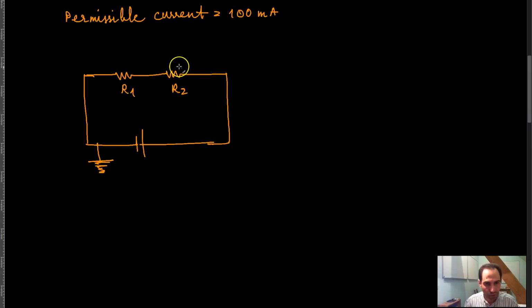So now you want to know what values of resistors you should choose so that 100 milliamps of current is drawn from this power supply, which supplies 9.0 volts. Of course it's very simple. Based on the current that has to be drawn by the resistors, you will calculate the total resistance of the circuit, meaning that you know that the voltage is equal to I times R,